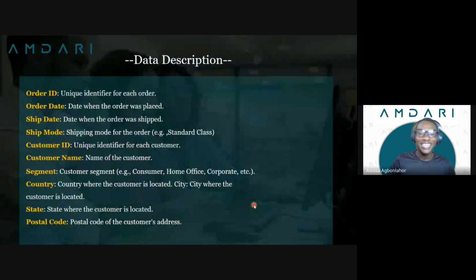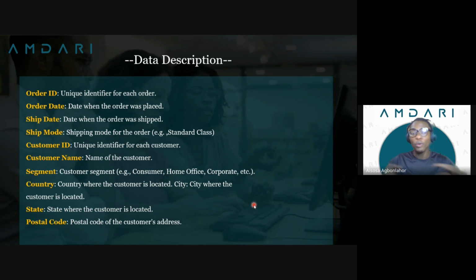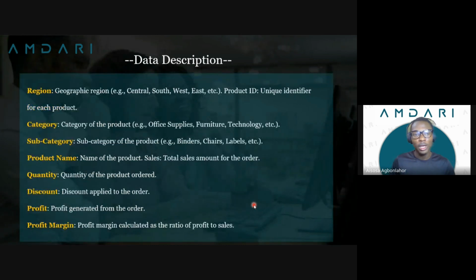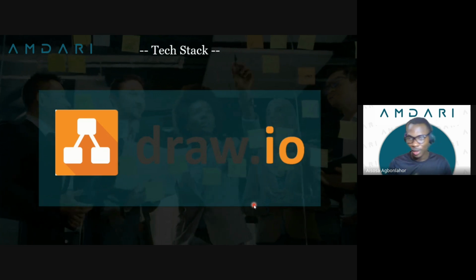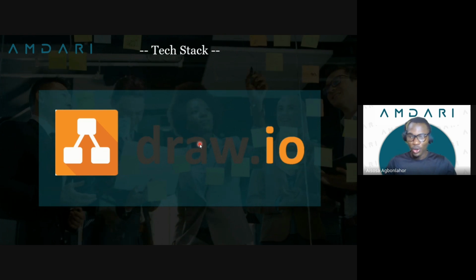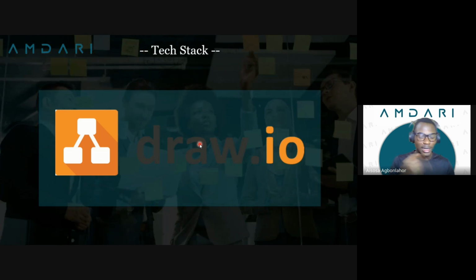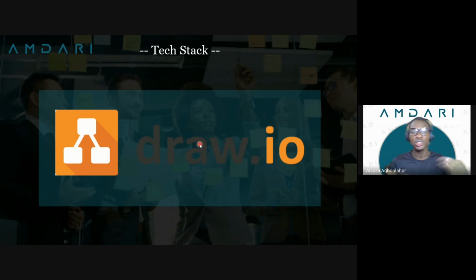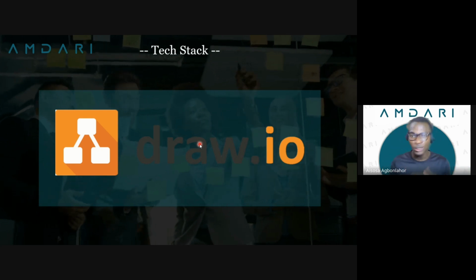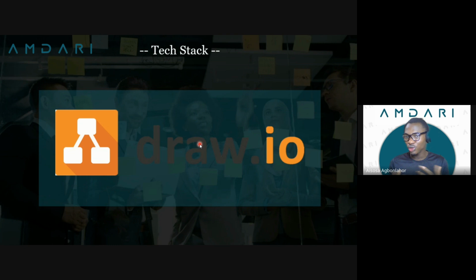Okay. And this is the data description, the data that we are going to model. This is what it contains. And the tool we are going to be using is draw.io. We are going to use draw.io to build our ERD. Like I mentioned earlier, draw.io can also be used for different things. Business analysts use draw.io for their process maps, talking about your swim lane diagrams. It can also be used for the